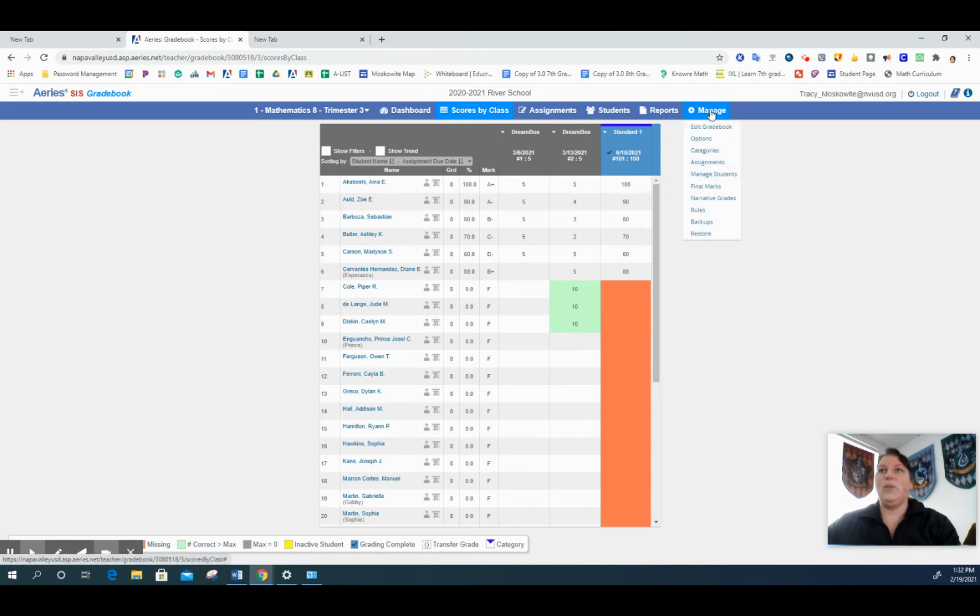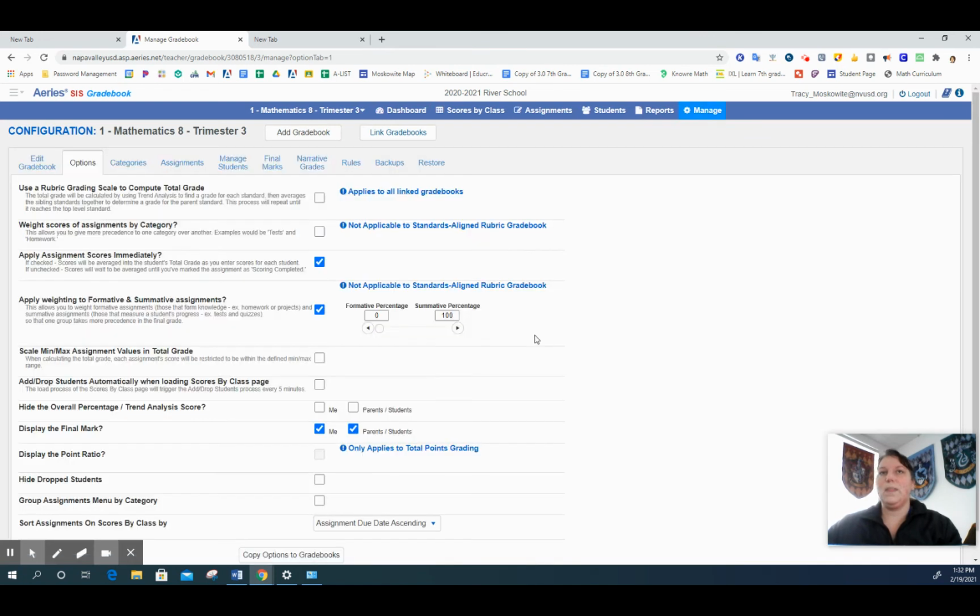How have I done that? And I did this in options. I actually used the apply weighting to formative and summative assessments. Since I checked this and I said only mark 100% for my summative percentages, I also found an interesting thing,